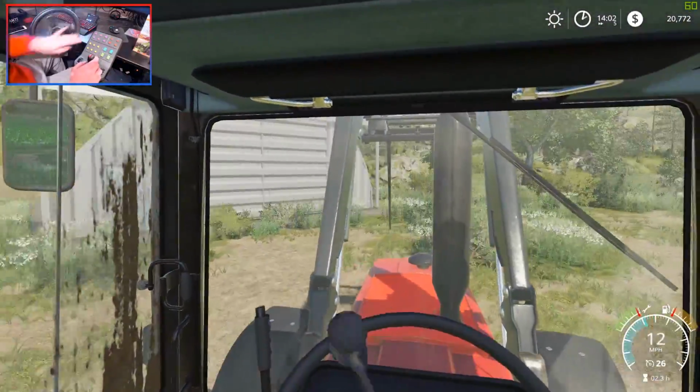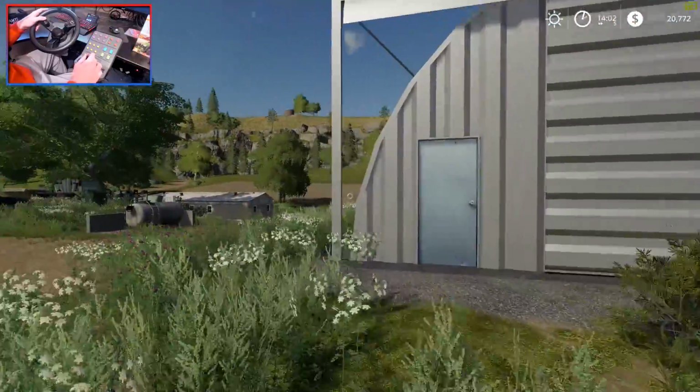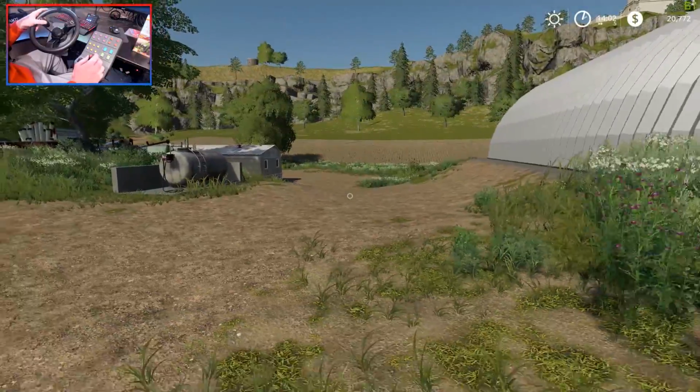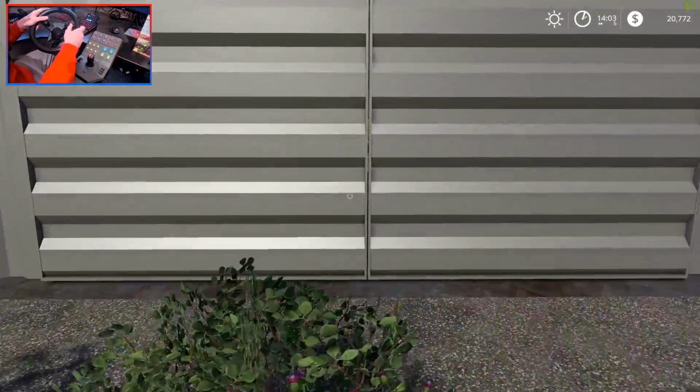So now we can actually deform terrain ever since the update, of course, 1.2, which is really, really nice to see. So we've gone ahead and fixed this path here. That was really bumpy in the last video, but we're going to go ahead right now and open this. We have put our rented... If I can work out which door...